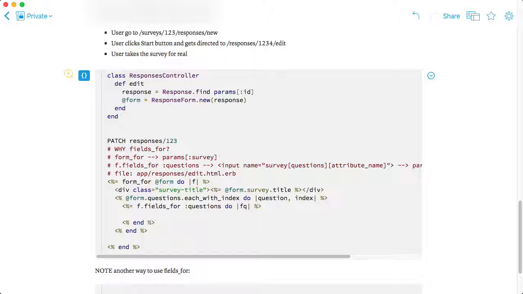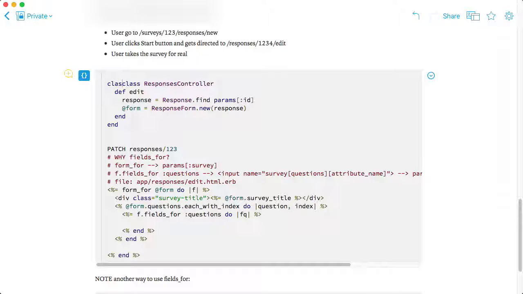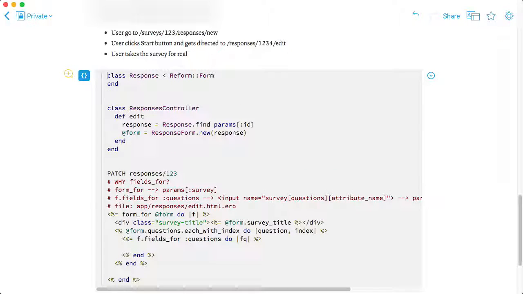Because of the Law of Demeter, you can just do survey title. And how can you make this happen? Easy. In your form attribute class, in your response form, this is the response form, right? You can delegate